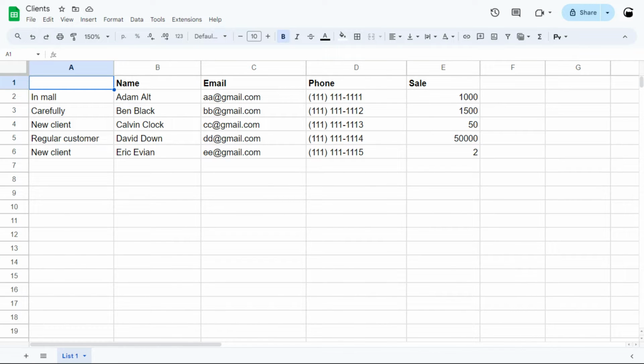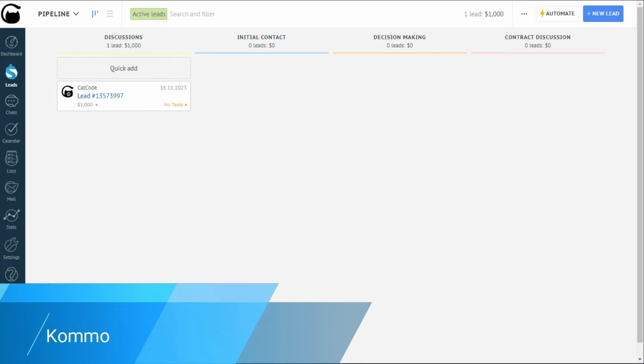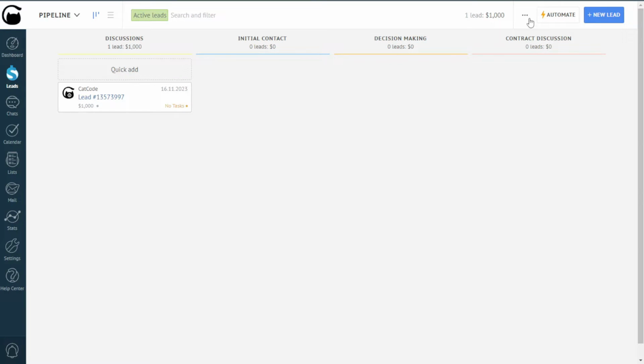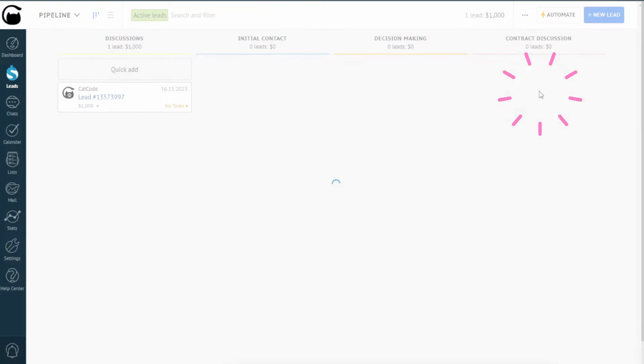When we first work with Kommo, we already have data on customers and leads. How can we transfer them to the system in just a couple of clicks? The import will help us. We need to open the Leads section, click the three dots in the upper right corner, and select the import